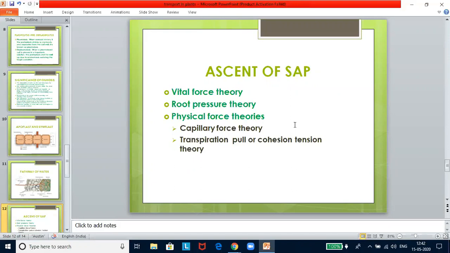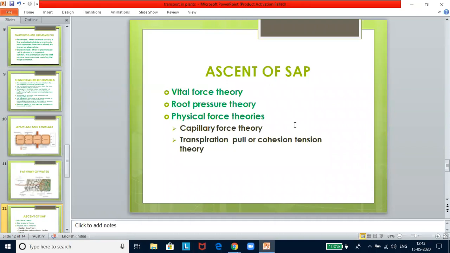pipes. A number of theories have been put forth to explain the mechanism of ascent of sap. One is vital force theory. Sir Jagdish Chandra Bose was the strong supporter of this theory. According to Sir J.C. Bose, upward translocation of water takes place due to pulsatory activity of living cells of the innermost cortical layer just outside the endodermis. It is also called pulsation theory. This theory was only hypothetical and it was discarded by the experiments of Strasburger, who demonstrated that ascent of sap continues even in stems in which living cells have been killed by the uptake of poison.